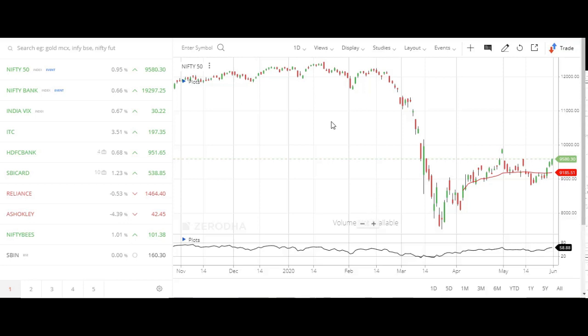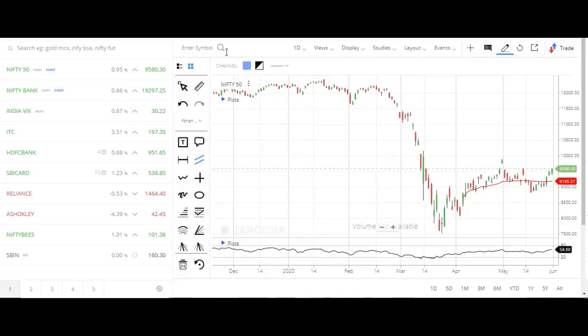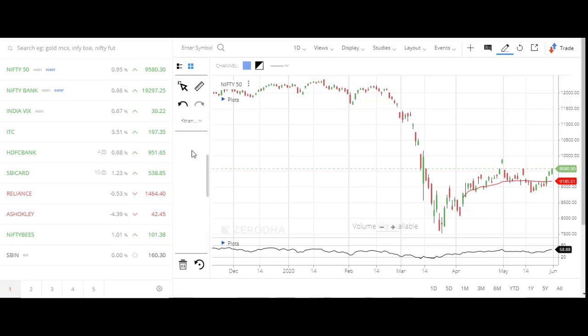For the drawings, initially we had drop-downs listing all the drawing tools we can use. Now they have a graphical view. Here we have all of them, and if you simply want to use text-related drawing patterns, you can use this one, and if you want to draw lines, you can draw the lines here.